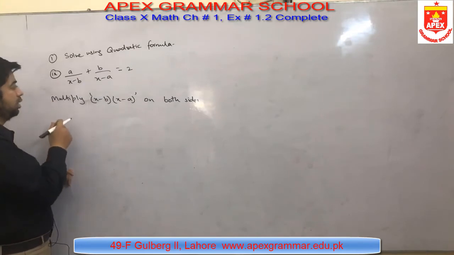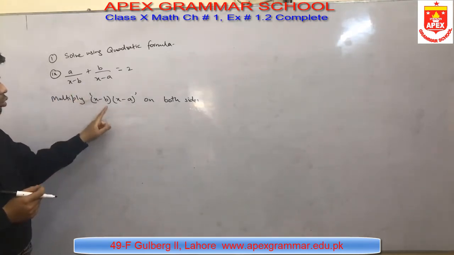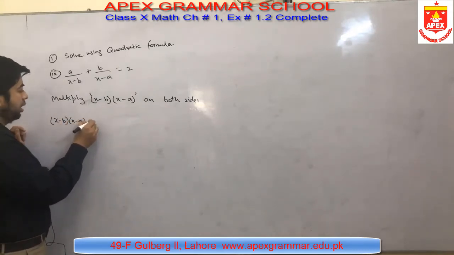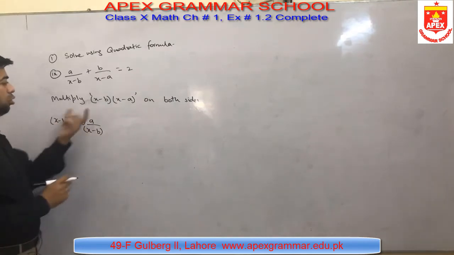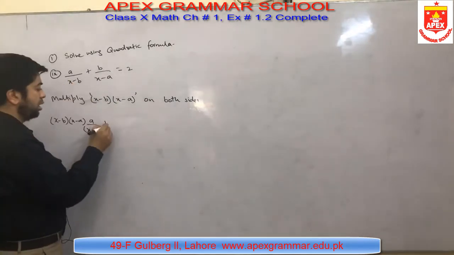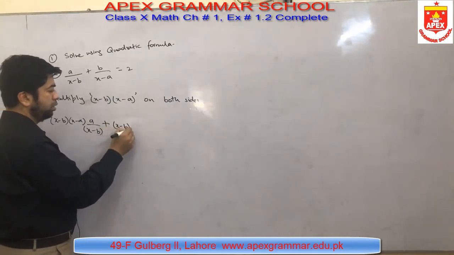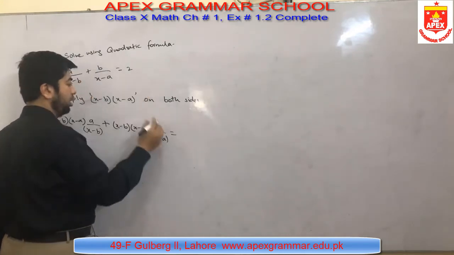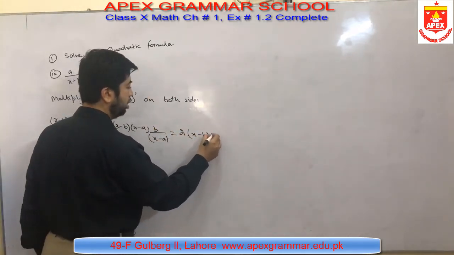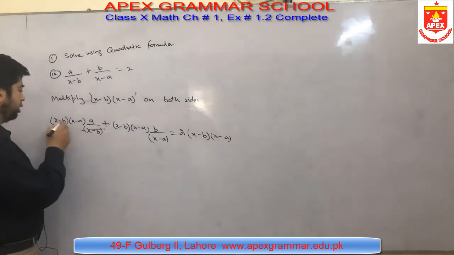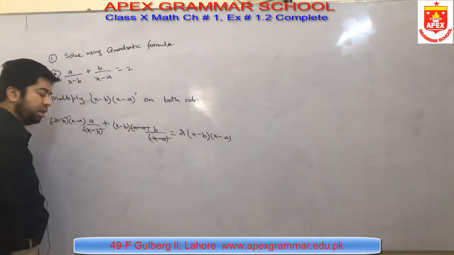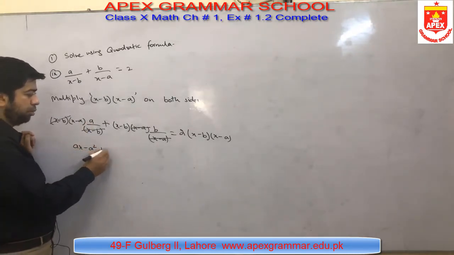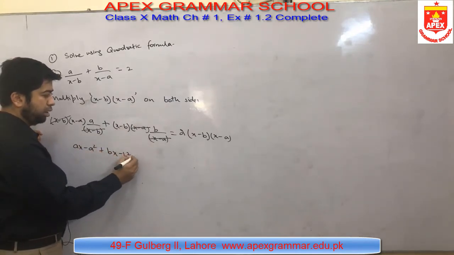You can see x minus b is cancelled with this x minus b. So you will have a over x minus b, and I'm going to multiply this with this one. After that, plus sign. Again x minus b, x minus a, b over x minus a, and 2 times x minus b and x minus a. Cancel x minus b with this x minus b, and this x minus a with this x minus a. Now multiply. This is ax minus a square plus bx minus b square is equal to, on the right hand side,